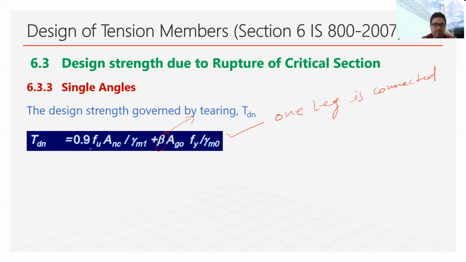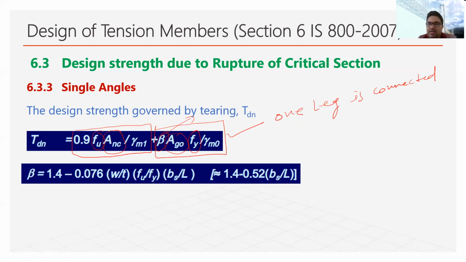So in this formula you can see this is the tensile strength of the connected part, and this is the tensile strength of the unconnected part. In case of the unconnected part, we calculate this with gross area because there is no hole. In case of the connected part, we calculate with the net area Anc. I also explained this when I was explaining net effective area, so you can refer to that. In case of net effective area, we use Fu. In case of gross area, we use Fy. I hope you understand these concepts.